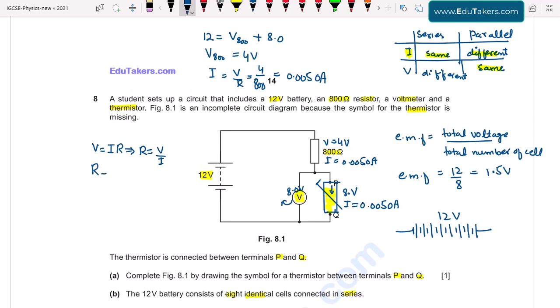So I use this value of current to find out the resistance of this thermistor. So R comes to be V is 8 and current is 0.0050 and it comes to be 1600 ohms. So this is the resistance of this thermistor. I write here